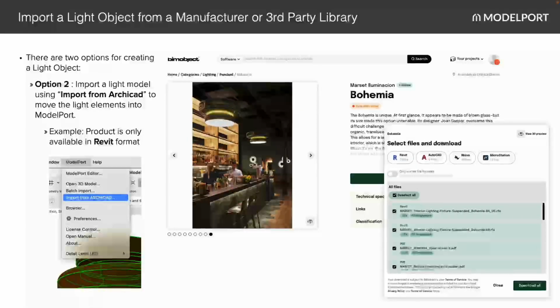So as I talked about earlier, let's say, for example, you've downloaded a Revit format from BIM Object, a very popular source for manufacturer objects. It only has a Revit object there, maybe a Rhino too, maybe a MicroStation, but you're really thinking, well, maybe Revit would be best. So you download that, you bring that into Archicad and place it into Archicad. Once you've done that, you can use the import from Archicad option in ModelPort to bring that into the ModelPort